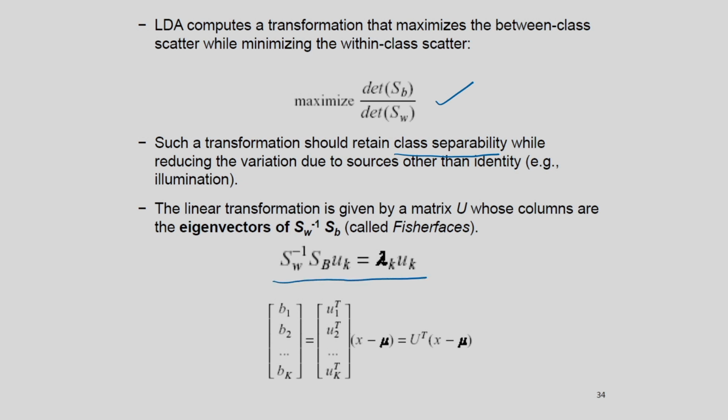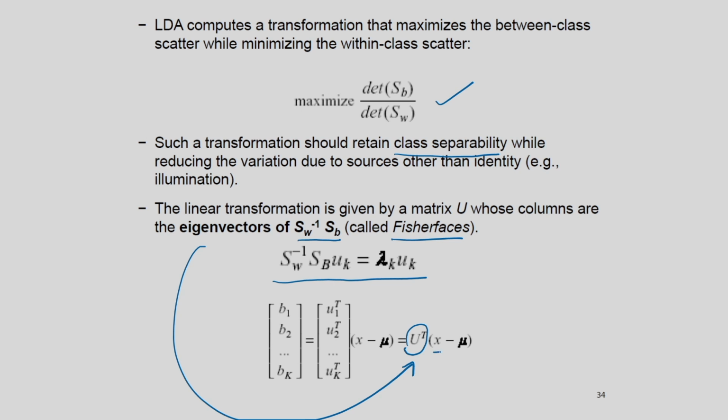So, this solution is something like this, and I will be getting the Fisher faces if I consider the eigenvectors of SW to the power minus 1 into SB. So, I will be getting the eigenvectors, that is nothing but the Fisher faces. That means you can see the projected data can be represented by a linear combination of the Fisher faces. Here U is the transformation matrix, and how is it obtained? It is nothing but the eigenvectors of SW to the power minus 1 into SB. Based on these eigenvectors I can construct the transformation matrix.